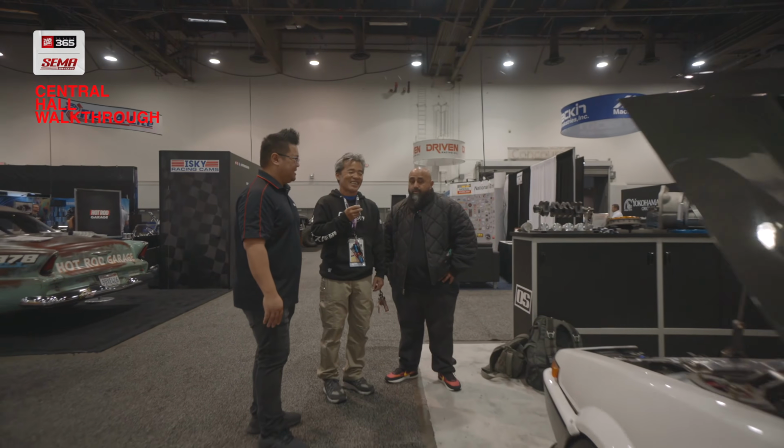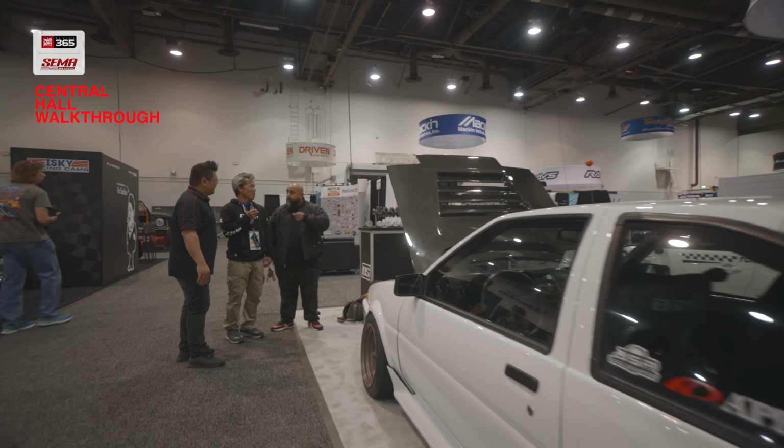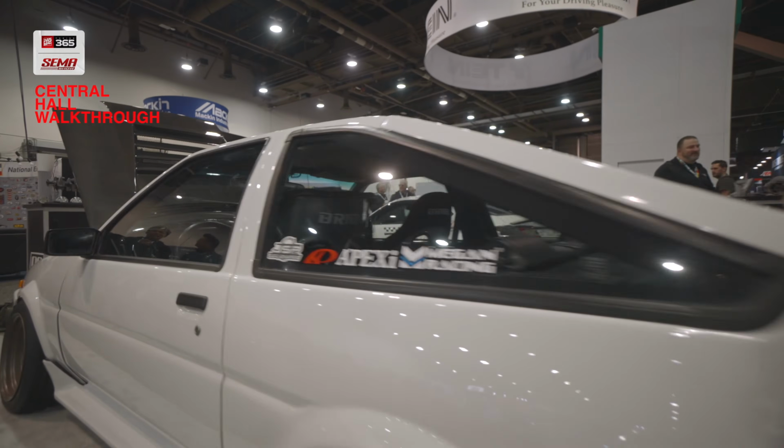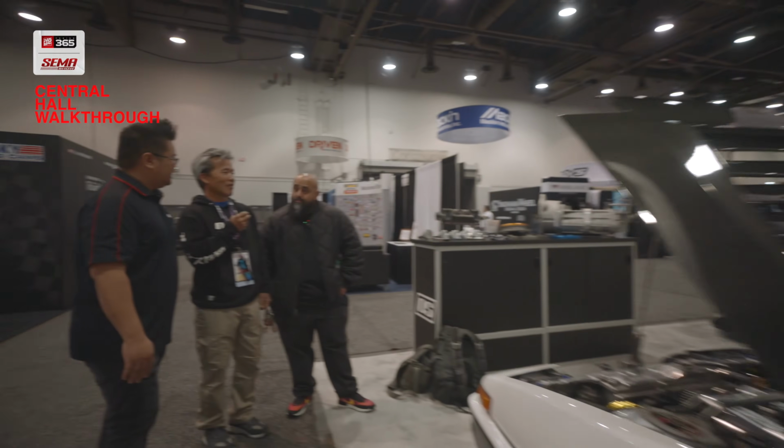So when people come to our school, usually they start with the A86 that we rent. Not this car, but an actual Hachi. Yeah, so that's fun. Make only 90 horsepower on that car, but it's enough. It's safe. Yeah. And they can learn how to bring the back end out. The good thing about 86 on the low horsepower is it's gonna teach you what not